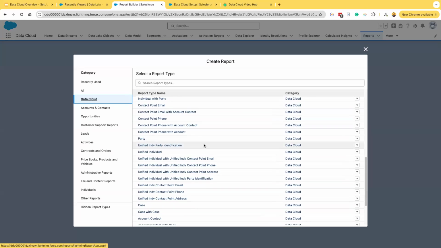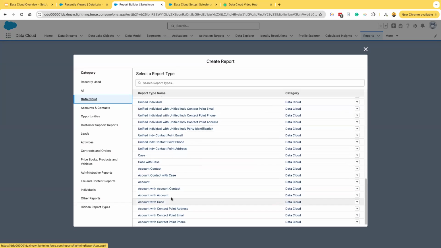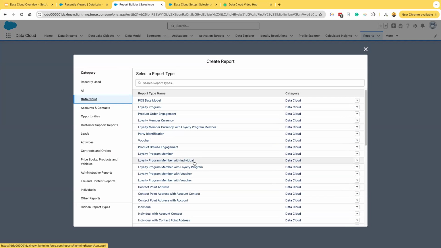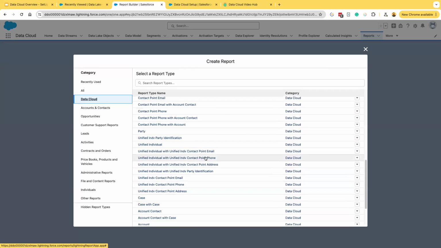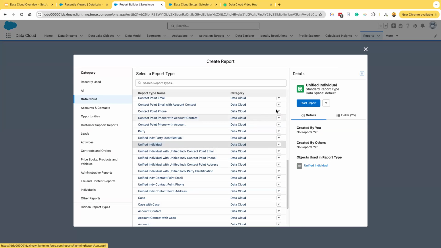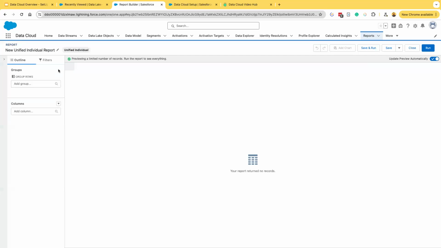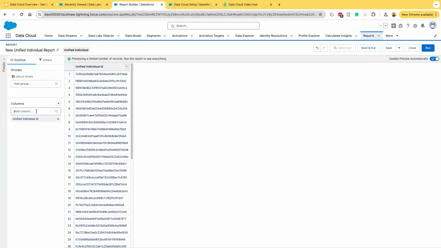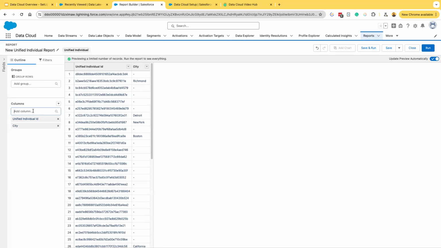So yeah, I can actually go in and have a look at my multiple DMOs and their association with contact point, email, phone, address. So to run those reports, start those reports, add rows, add columns, and then get started, something like this. So if I just add unified individual ID, get all the individual ID and city, there we go. And I would also want to have a look at the product they have purchased or the